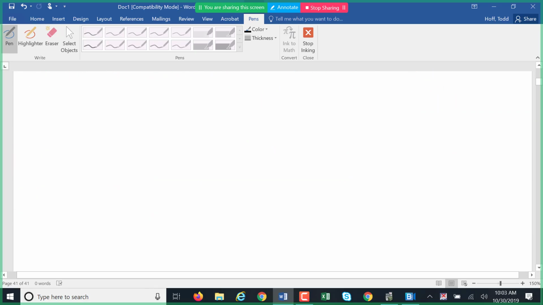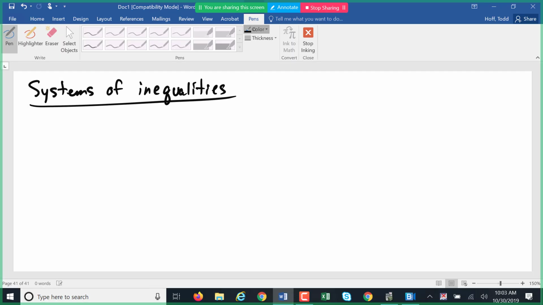Let's get on to our new topic for today. We have worked with systems of equations. Now I want to look at systems of inequalities. So to review graphing an inequality,